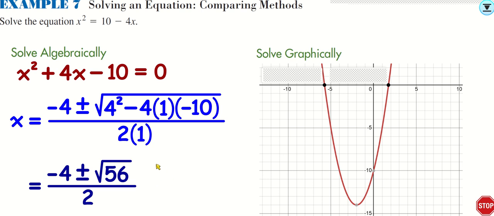if the situation calls for exact answers, this is sometimes good enough, right? If you can do nothing with the square root, like if it was the square root of 13 or the square root of 7 or 17 or whatever, the square root of 21, then you would just stop here. But the square root of 56 can actually be simplified, okay, not approximated, simplified. And I believe the square root of 56 will end up as,